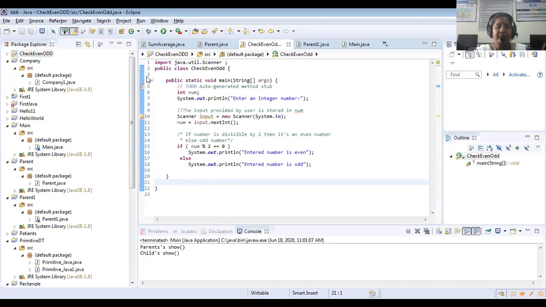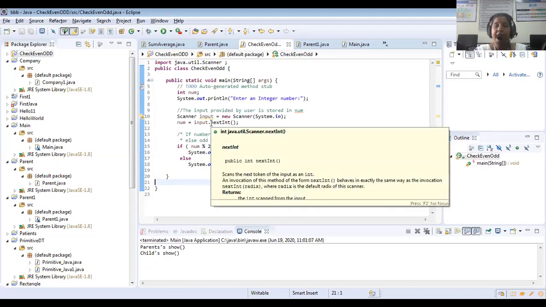But here if you see, we are starting from class only; we are not giving any predecessor like hash include. Why do we give hash include stdio.h?